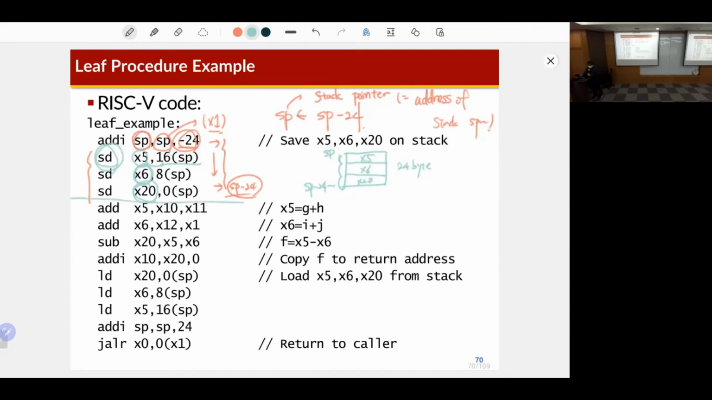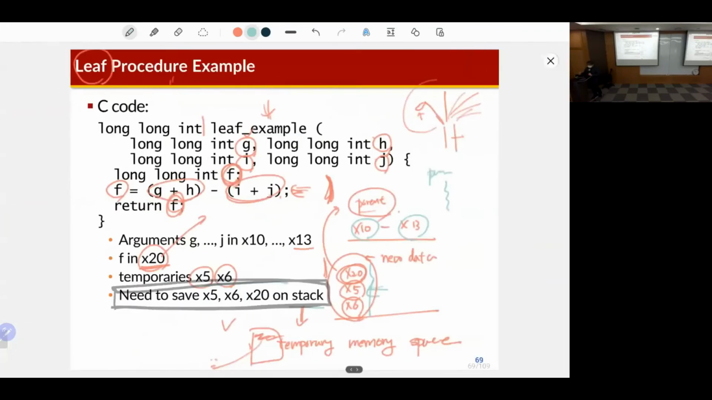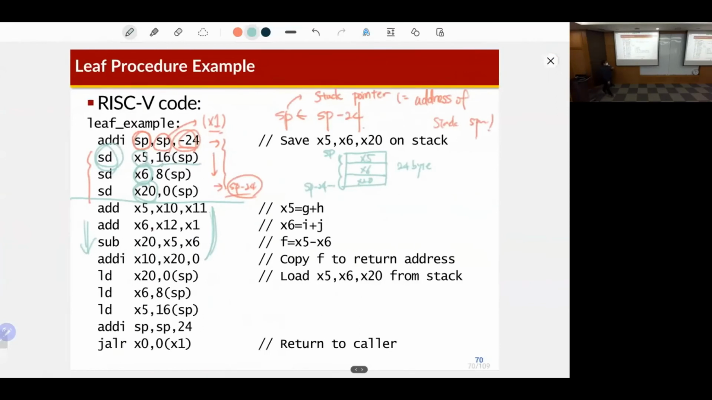Then we can find the instructions in this function. Okay? Actually, you can see this is very simple. This code is the same as some example code we learned in the previous class. X5 stores X10 plus X11, that is, G plus H. The arguments are already stored in X10 and X11. So G plus H goes into X6, and then the final result is stored in